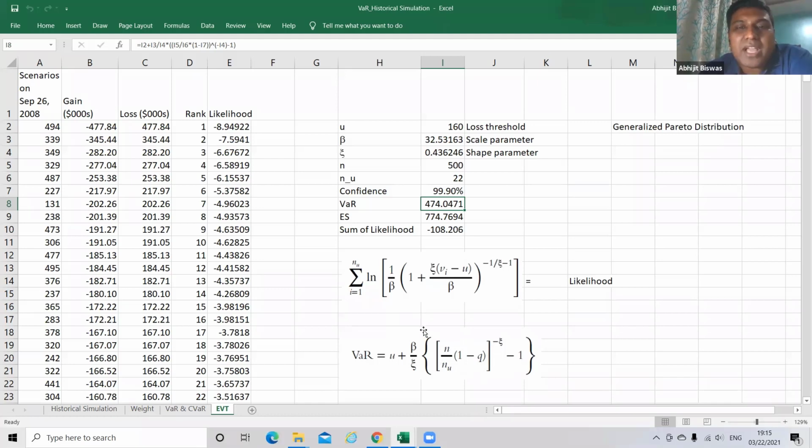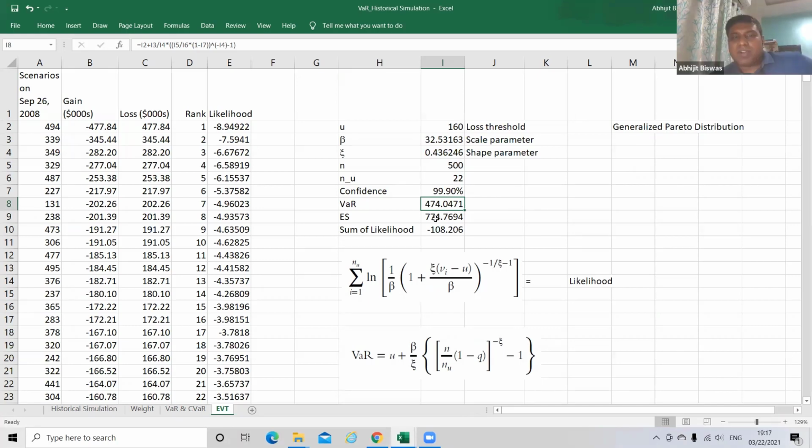That's the formula I have used. Just enter the formula to arrive at VAR. Got the VAR number. It should be this much. Are you getting this?